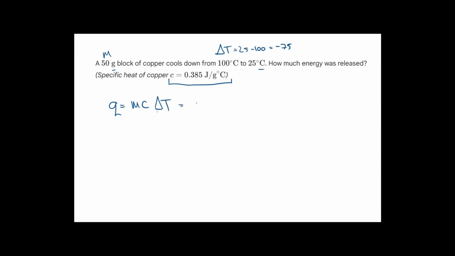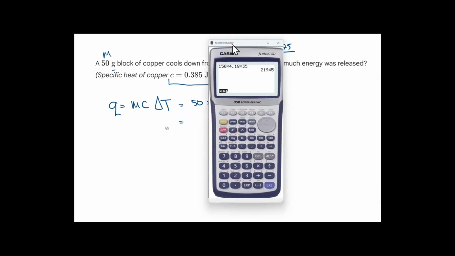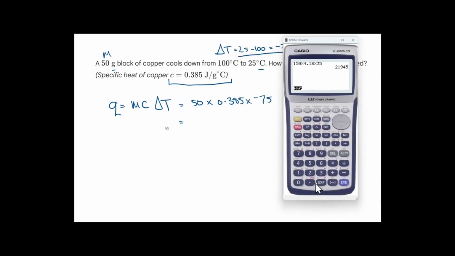Okay, the mass is 50 grams. The specific heat capacity is given here. And the change in temperature, we already worked out, is minus 75. Right, grab your calculator and get the answer. So 50 times 0.385 times negative 75 is negative